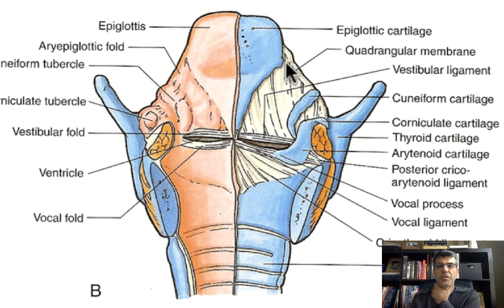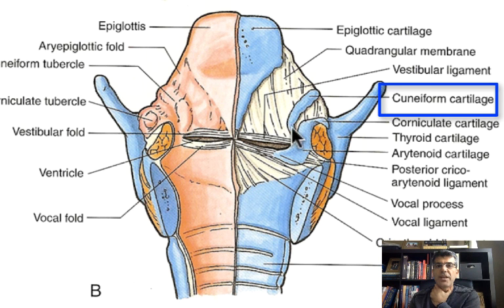Now, as you can see in this picture, this side of the picture has the mucosa. This part, mucosa is being removed. So you can see submucosa. This area should be covered by a mucosa and it looks like this one, right? The reason I'm explaining this one is because I want you to know when you remove the mucosa, you can expose another cartilage that we didn't talk about. That was called cuneiform cartilage.